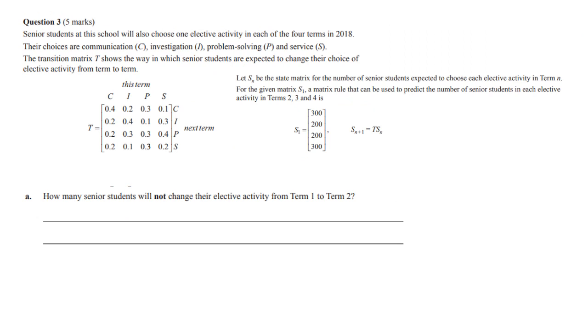Now, again, you can see we've got transition matrices again. Just want to highlight a thing here. It says will not change, and I said this in a previous video. This leading diagonal represents the students not changing. So when we're using this formula over here from term 1 to term 2, in our numbering system, this is term 1. So term 2 is going to be S2 equals TS1. So this is going to be term 2, and we want that leading diagonal multiplied by this. So you end up with